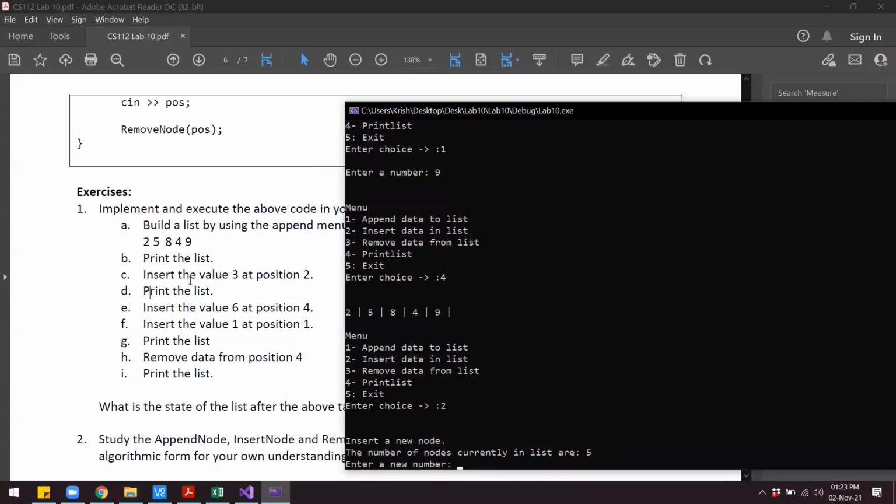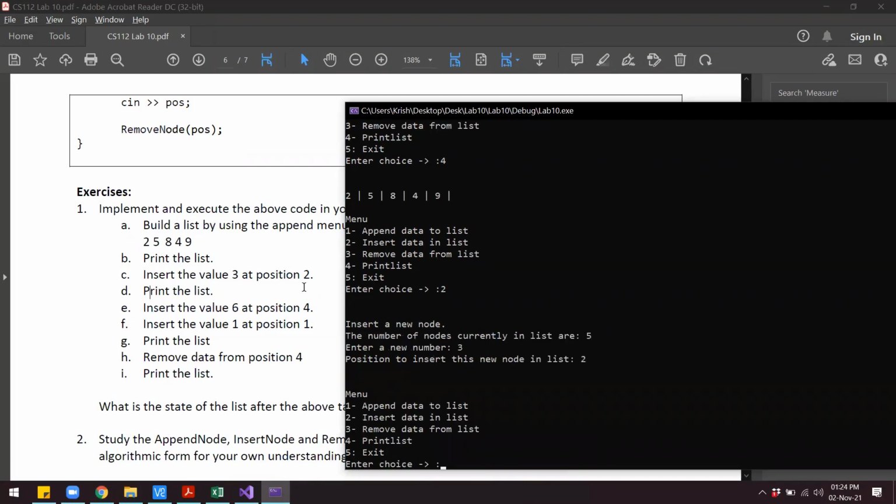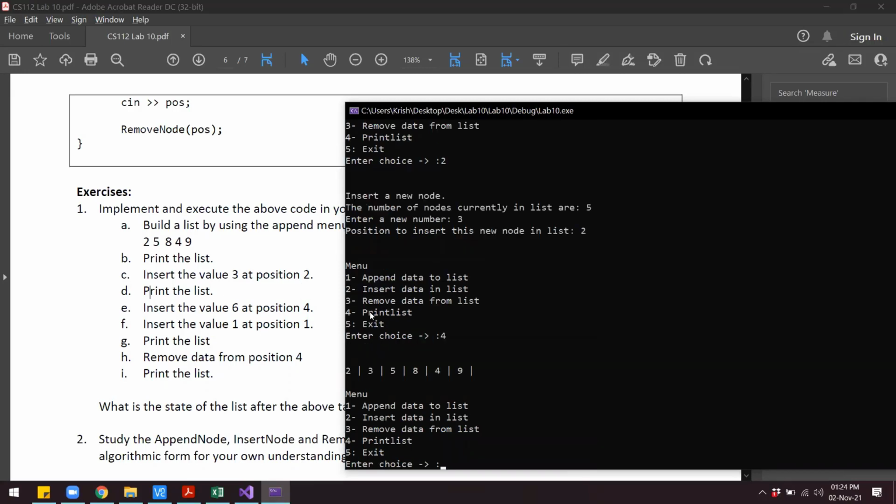it says insert the value 3 at position number 2. So the value is 3, so I will enter 3. It says then the position to insert this new node in the list. So the position is number 2, enter. And then it says print the list. So I'll enter 4 again to print. And you will now see that we have 2, 3, 5, 8, 4, 9.